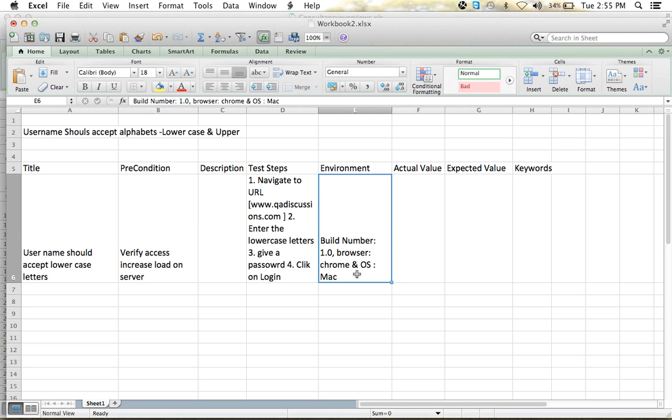So if we mention this environment, that we have to test in these particular browsers or operating systems, it will be easy for the developer. While developing the next code, as and when he develops some unit code, he'll verify against all the browsers. One time he'll do it on IE, Chrome, Firefox, and Safari. So environment plays a major role here.